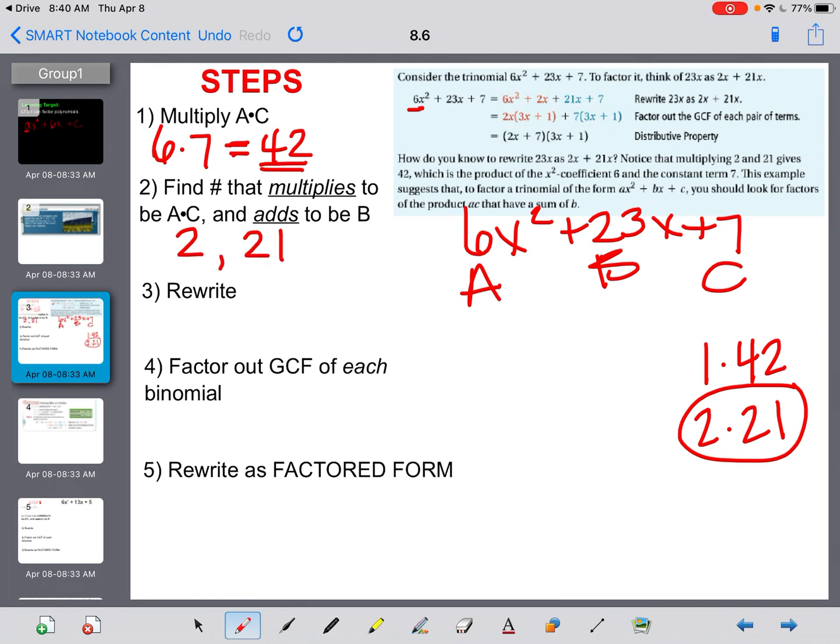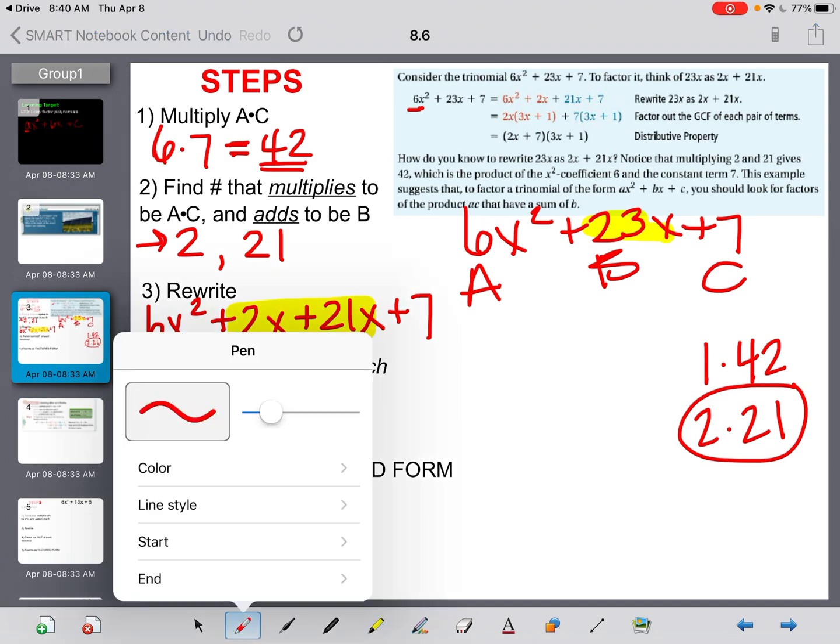Okay, now this step 3 that says rewrite, we're actually going to expand the original trinomial so that I have 2 x values in the middle, and these are our 2. So it will say 6x squared plus 2x plus 21x plus 7. Okay, all I did was expand this 23 in the middle with my 2 and 21. Now I'm able to split that into 2 binomials